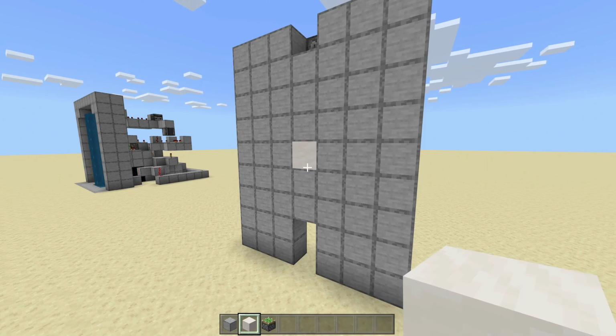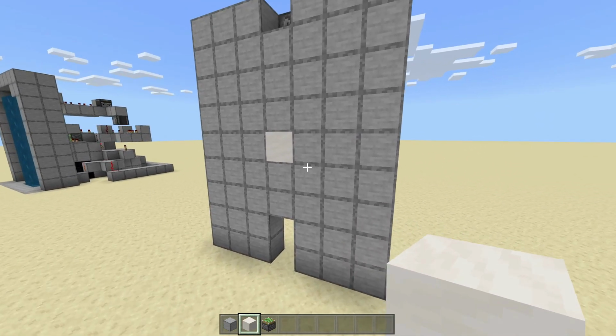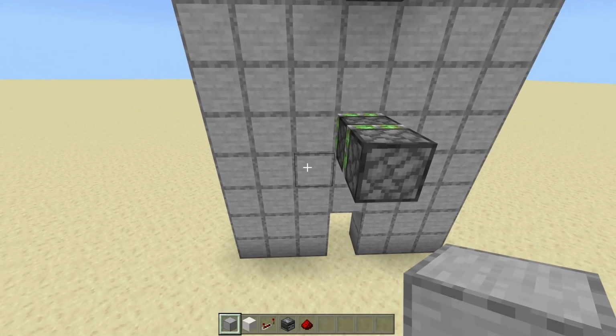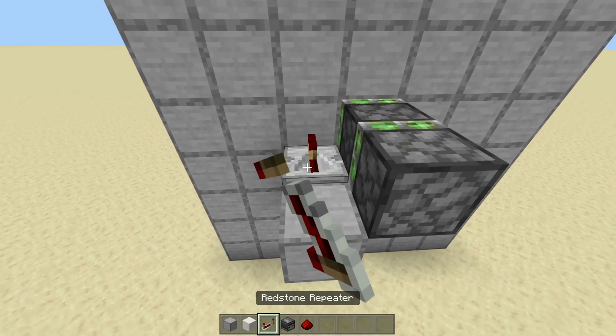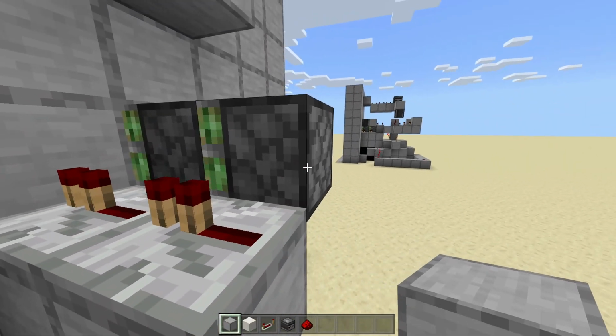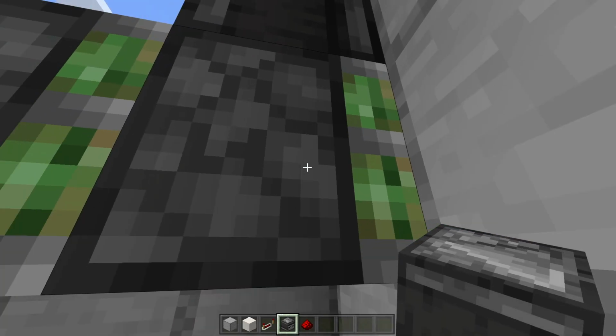But if this is going to be secret, you're probably going to want to blend it into the wall and make it smooth stone. So now on the back side to the left of these pistons, we're going to go down on the left side angle, place 2 blocks and 2 repeaters on them. Then we have the dispenser with a block below it. We're going to place another block below that and get an observer facing down into this piston, and we can